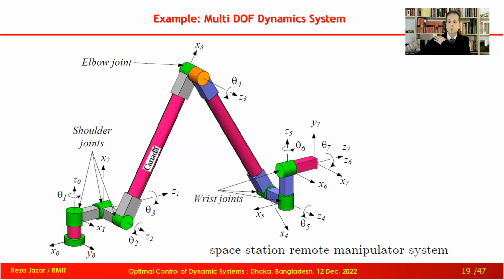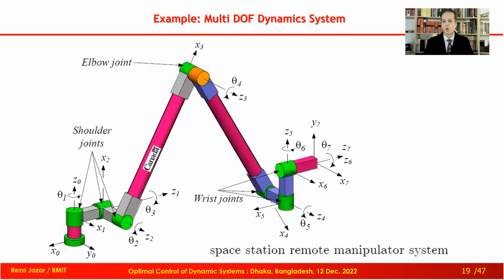3 on the shoulder, because the shoulder can turn in 3 directions: 1 direction, 2 direction, 3 direction. So the shoulder has 3 rotational degrees of freedom. It's like a ball and socket joint. And then at the elbow, we have 1 degree of freedom, as you can see here in this figure, the elbow joint. 1 degree of freedom, which is rotation. Then we go to the wrist. The wrist also has 3 rotational degrees of freedom: 1 rotation, 2 rotation, and 3 rotation. So in general, the hand, like this arm, has 7 degrees of freedom.